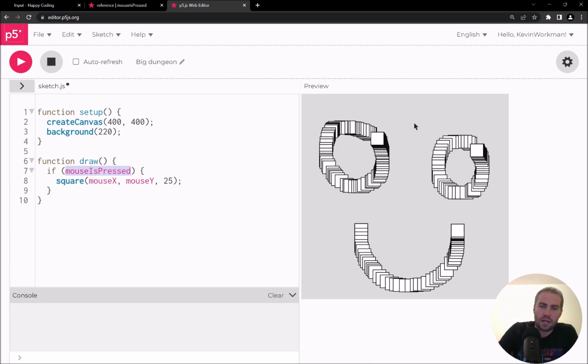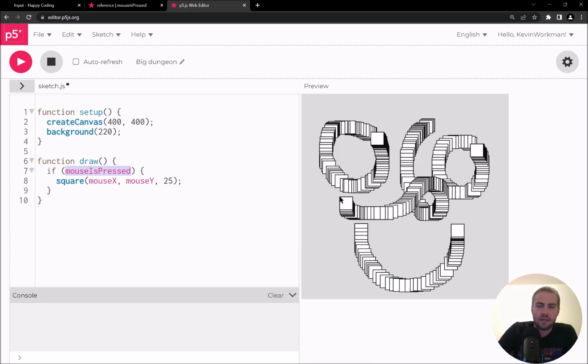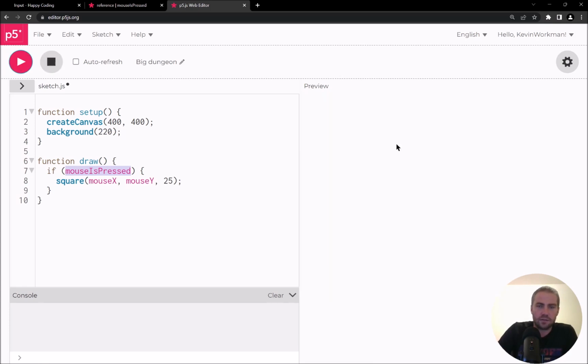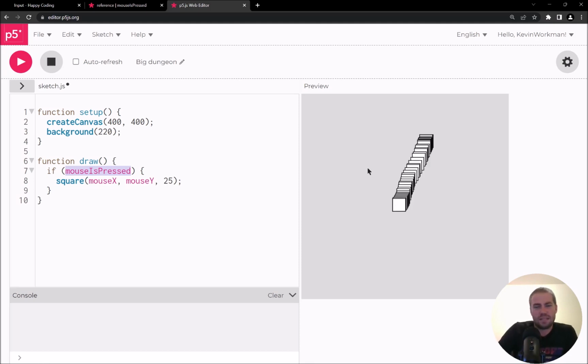right now I draw a square as long as the mouse is held down. But what if I only want to draw a square when I first press my mouse? I want to draw one square, and then if I keep dragging, I don't want to draw all those extra squares. I want the user to have to click for every square. And this gets at a different concept,